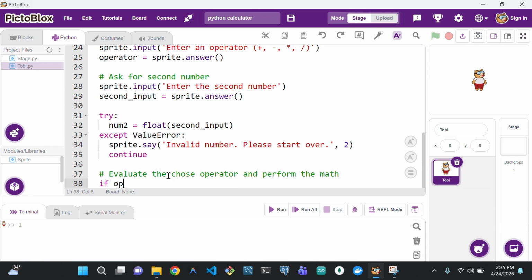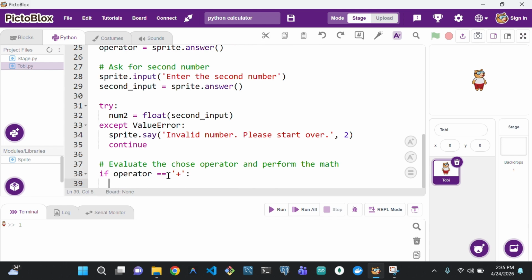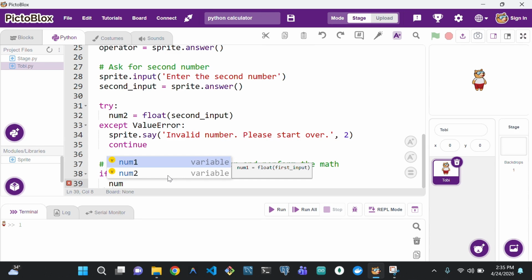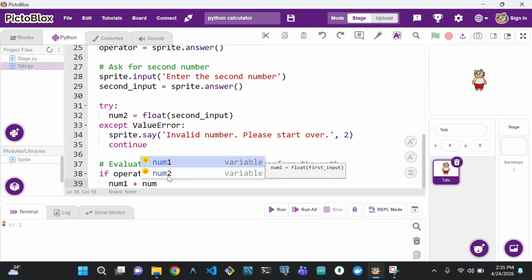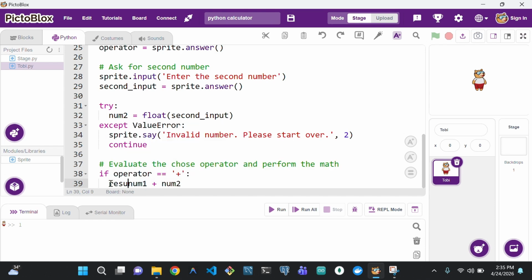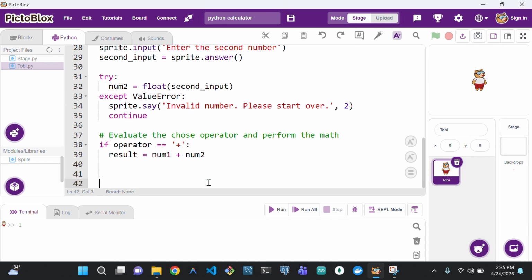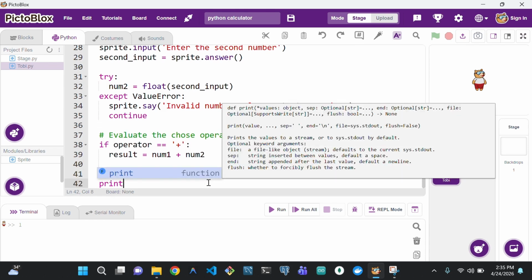And we're going to say if operator equals plus, so let's start with addition, then we want to say num1 plus num2, right? But we need to assign a variable to this. So I'm going to call the variable result, and let's quickly print result outside here. Let's say print